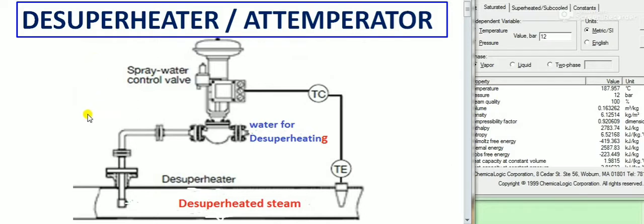In many industries, in many cases, the direct type is this: steam is there, we want to reduce the temperature, so what do we do? We add some water. Definitely the temperature will come down, right? So the same principle we use here in the direct method. In the direct method we also have different types of de-superheater arrangements: spray nozzle de-superheaters, spray type de-superheaters, windshield type de-superheaters, steam atomizing de-superheaters.